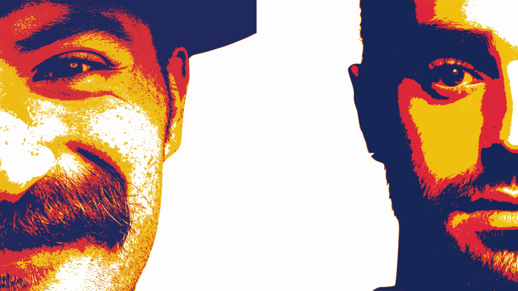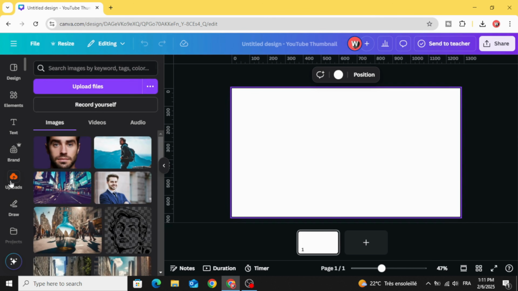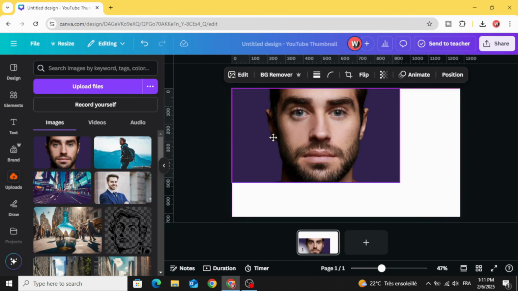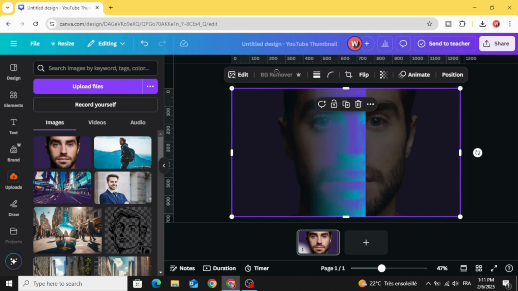Today I'm going to show you how to make this multi-layer stencil effect using Canva. Go to Canva and after opening a new Canva project, go to uploads and after uploading your image, let's drag it to the design, adjust the size and remove the background